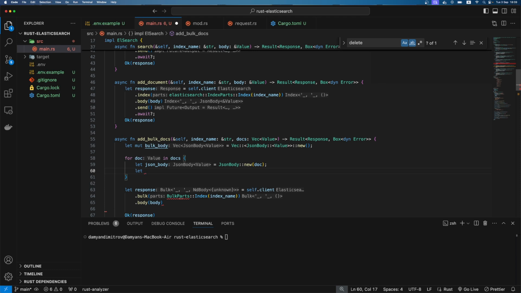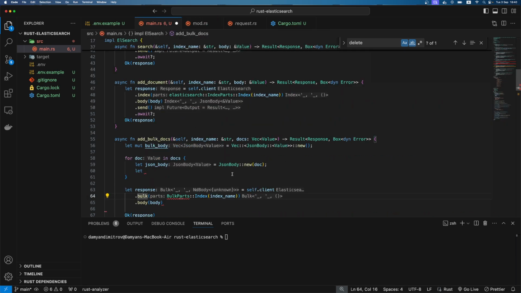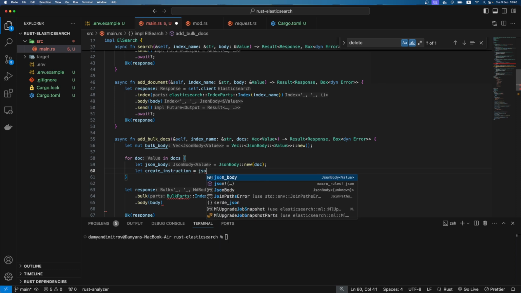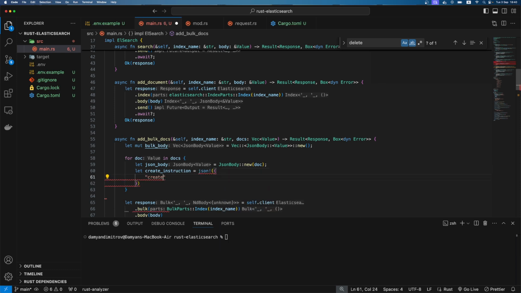This is written in the official documentation, so please go and read the official documentation for the bulk API from here, this link. Okay, and create instruction, which have to be again value, and JSON, which will be create with empty